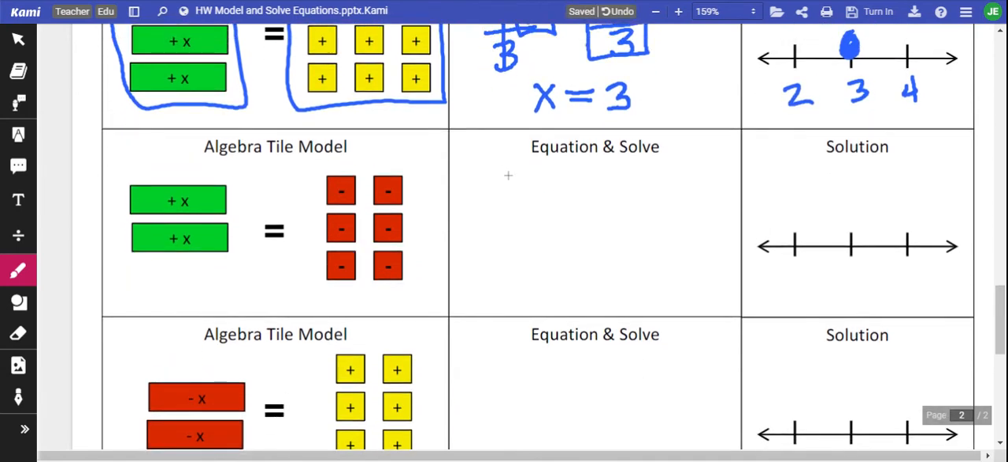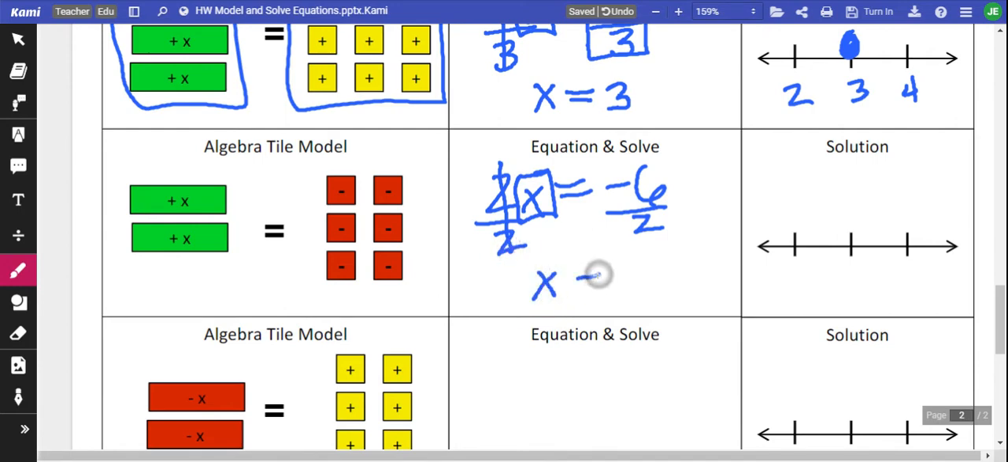Okay, so now we have 2x is equal to negative 6. We need the variable by itself. So we're going to do the opposite of multiplying by 2. That will cancel on the left side. So now we have x is equal to negative 6 divided by 2. 6 divided by 2 is 3,